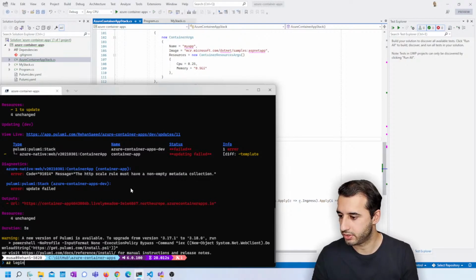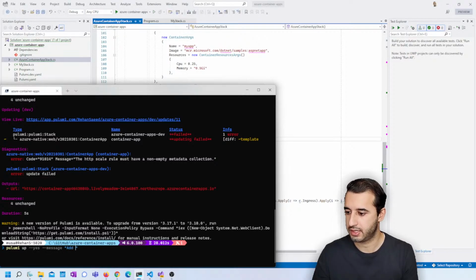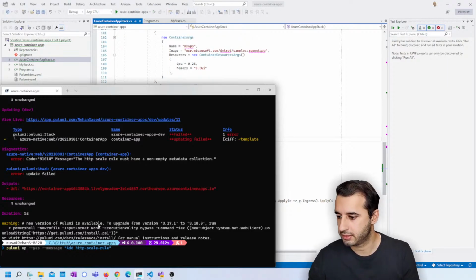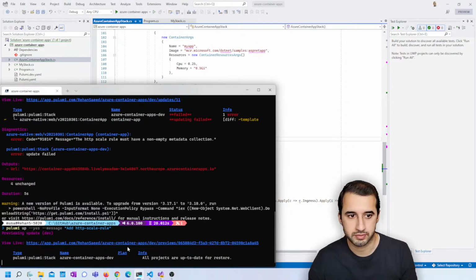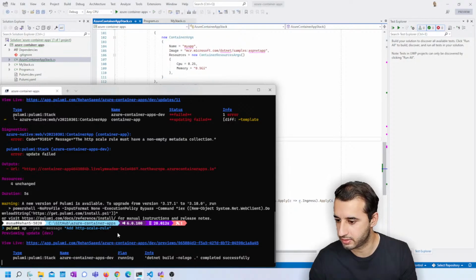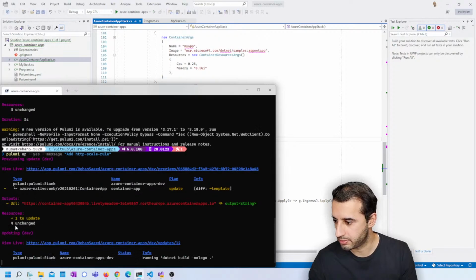So I just do Pulumi up with the message flag, add HTTP scale rule. We mentioned last stream that it's always a good idea to pass in a message when you're deploying, so that we get a record of what deployments happened and what was actually done in the environment. One to update,